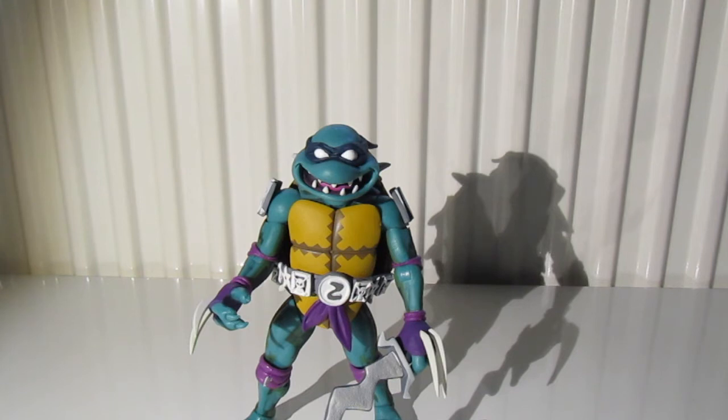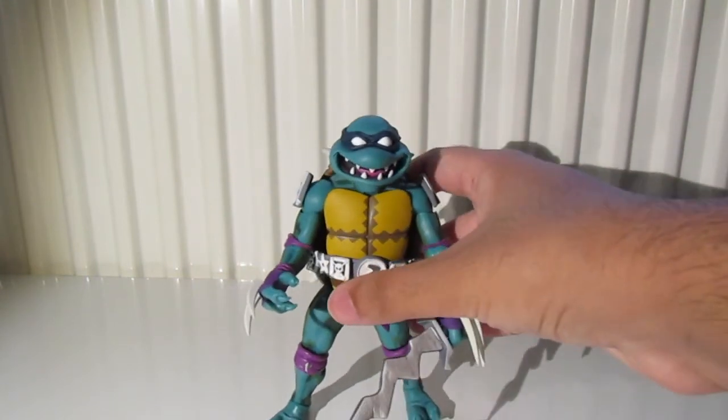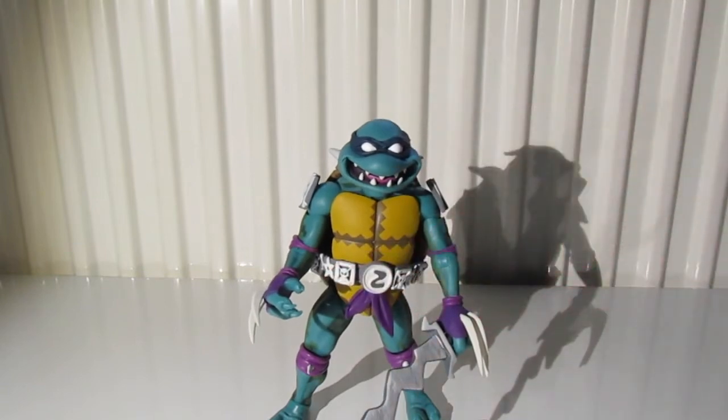And that's another disappointment with this figure, is the lack of accessories. Obviously with the Leo, you had your interchangeable hands, which I'm not going to put into use, but it's still nice to have that option. You had obviously your 2 swords, because that's what Leo comes with, and you had your board with the stand for the board as well. But with Slash,